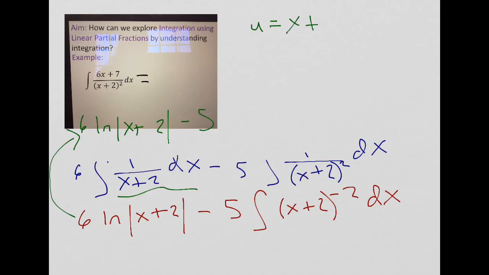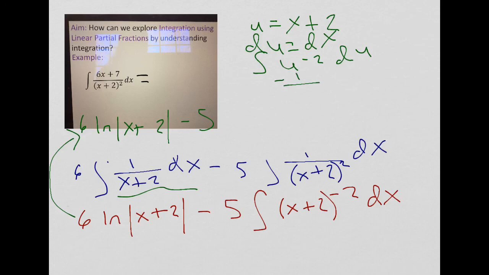If u is x plus 2, then du is dx. So we're going to integrate u to the negative second power with respect to u. If we add 1, we get negative 1. We divide by negative 1. So we get negative 1 over u to first, because it was u to negative first power,